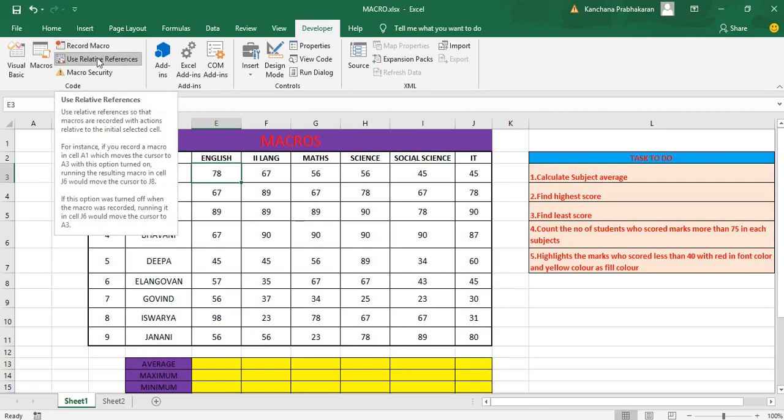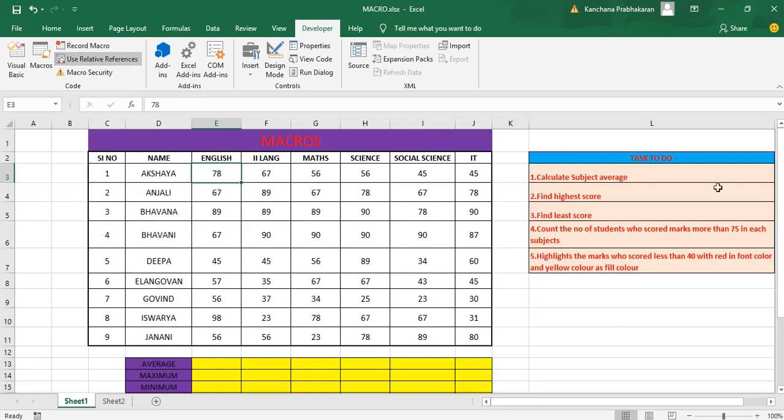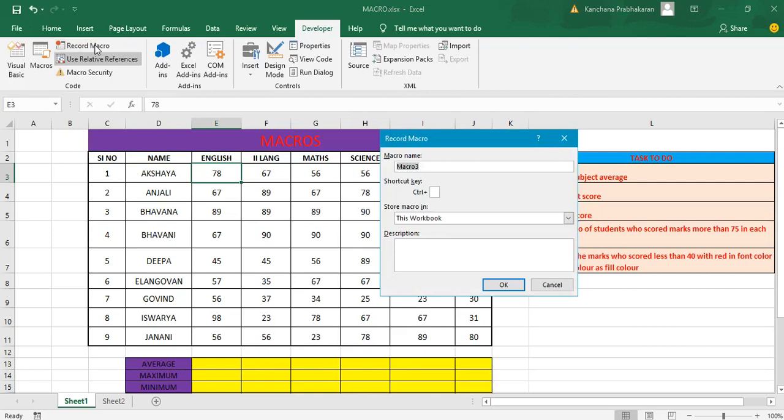First you have to click on Use Relative References, which is used to give the relative locations from where the steps will be followed. Then click on the Record Macro option. You will get a Record Macro dialog like this.